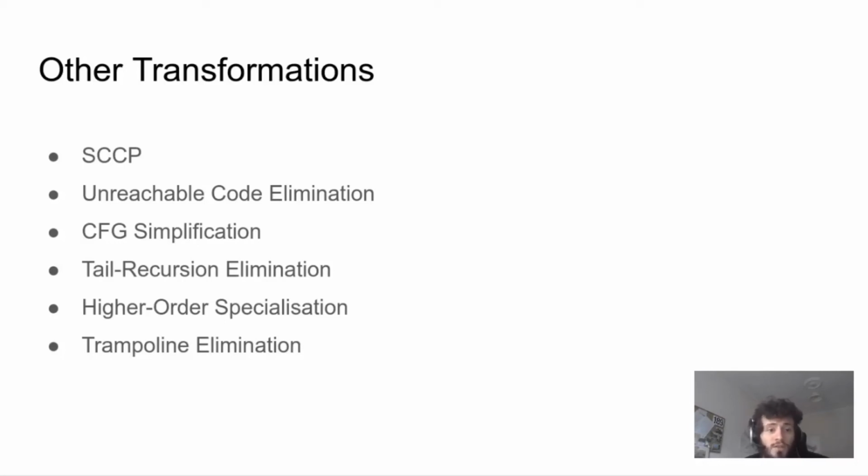Tail recursion elimination is vital. LLVM cannot lower direct tail recursion as effectively as OCaml, but it generates identical code if these functions are turned into loops instead. An interesting transformation specific to this context is trampoline elimination. OCaml requires a trampoline to switch from the OCaml calling convention to the C calling convention when invoking a C method indirectly. Since we have global information, we can change the calling convention of the C method to the OCaml one, completely eliminating these trampolines.